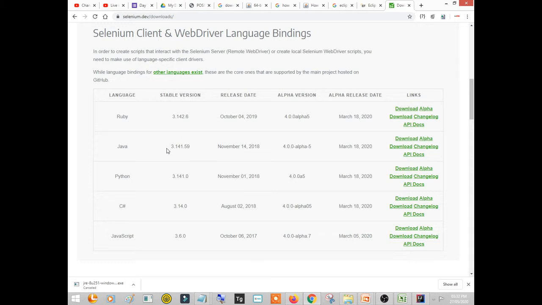Here you can see the stable version is 3.14. Earlier it was a lesser version. Two years back when I used to teach, it was 2.4 or some other version. Later on you might see another version here, like 4.0 or something else, right? Even if the version gets updated, the core functionality will not change. Everything will remain the same.